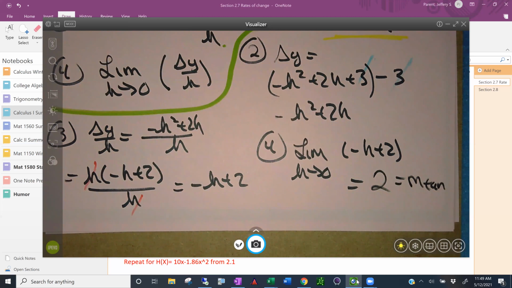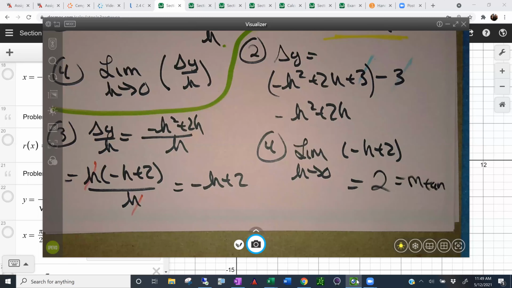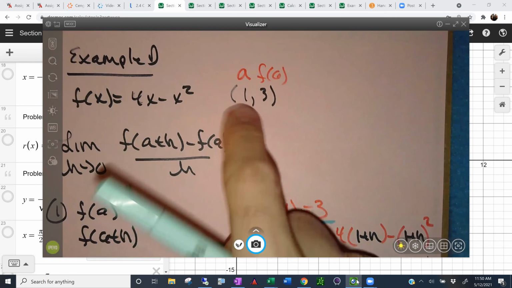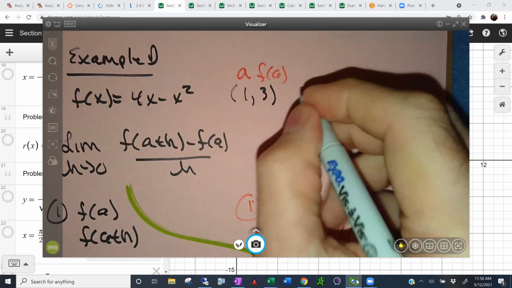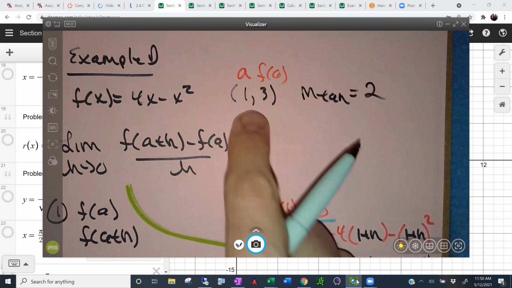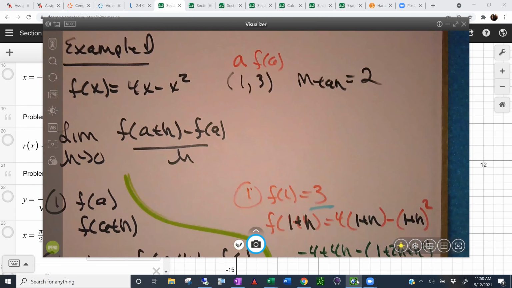So maybe it'd be fun to take a look at the graph, but there's one more thing we got to do before we get to the graph, and that is find the equation of the tangent line. So what do we need to find the equation of a line? We need a point and the slope. Our slope was 2, and here's our point. So the equation of the tangent line,